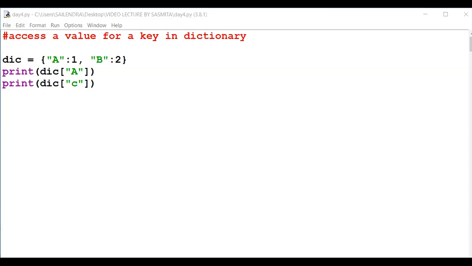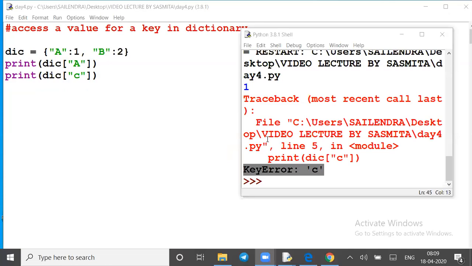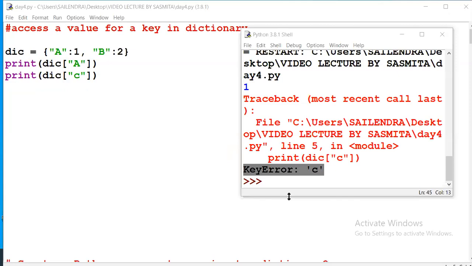Output screen, are you not getting? Okay. Output screen, are you getting or not?